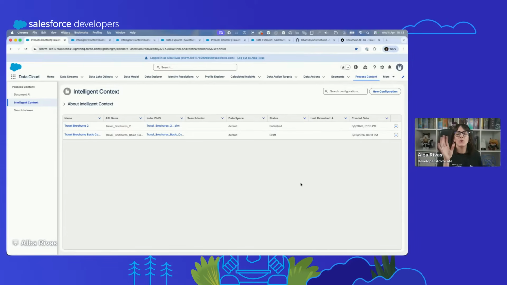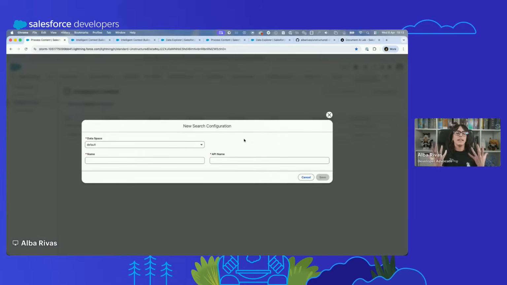If you want to launch and use intelligent context, you go to the process content tab in Data 360. And there you have a section which is intelligent context. And as I mentioned, it is used to create a search configuration. So we click on new search configuration. I'm going to call this configuration